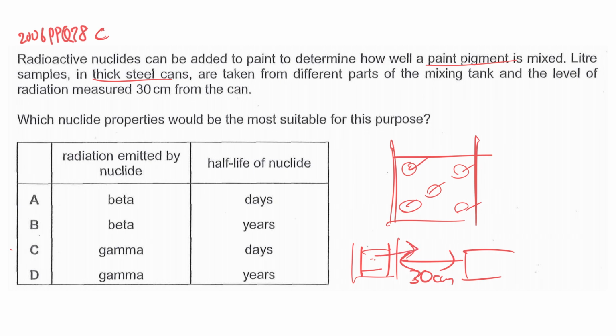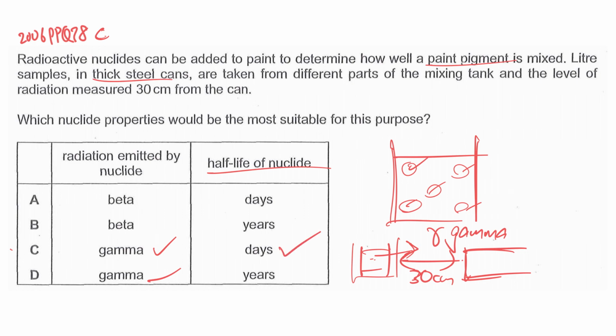the only emission that can pass through steel is your gamma. Because if you use beta or alpha particles, definitely it will be blocked already. The detector will not be able to detect anything except the background radiation. So definitely gamma. And now regarding the half-life of the nuclide, it has to be in terms of days, because